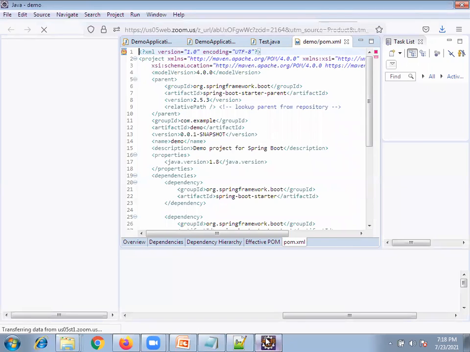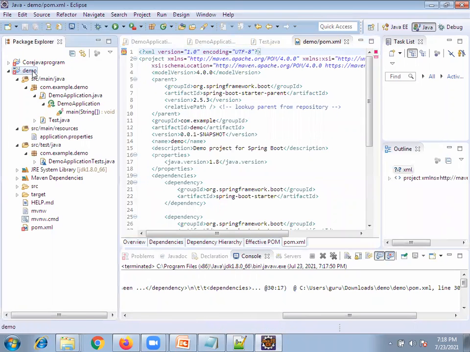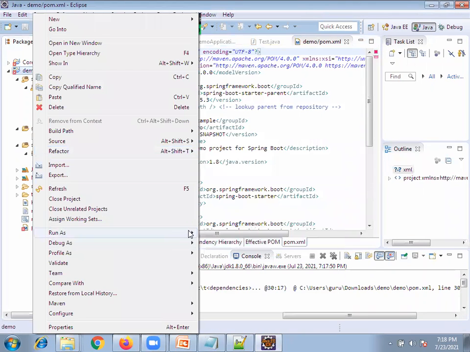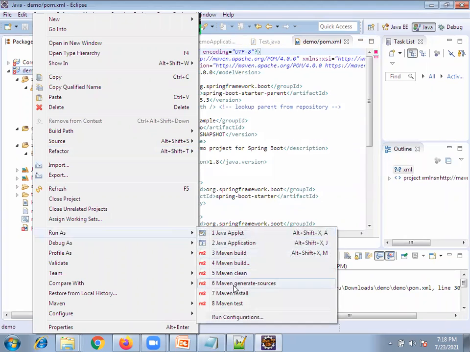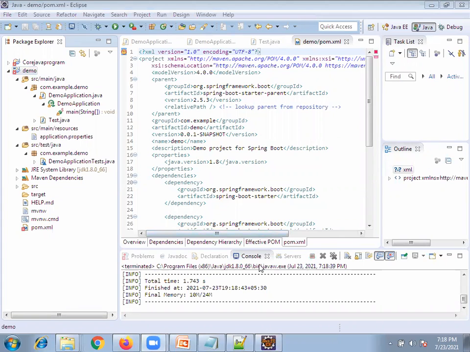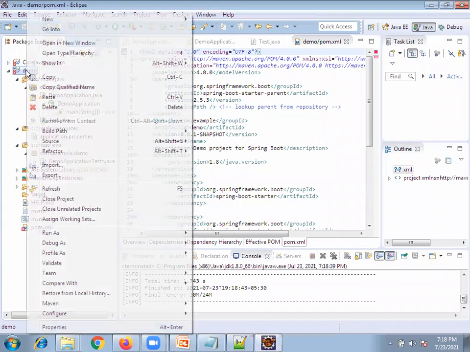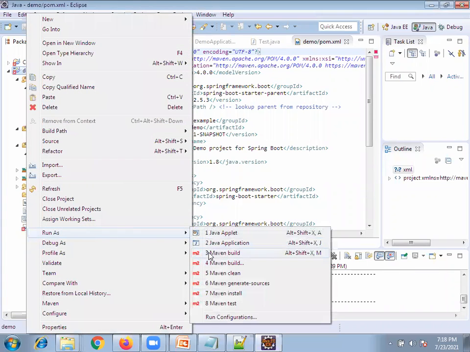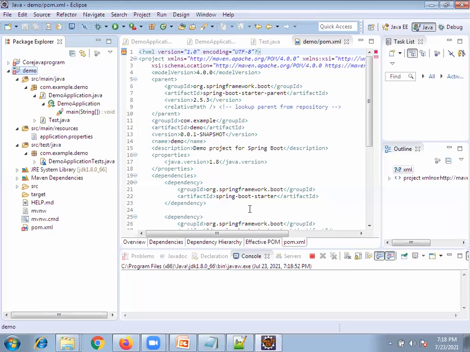Let's wait. Right click, run as Maven clean. Now it is resolved, right? Right click, run as Maven install.